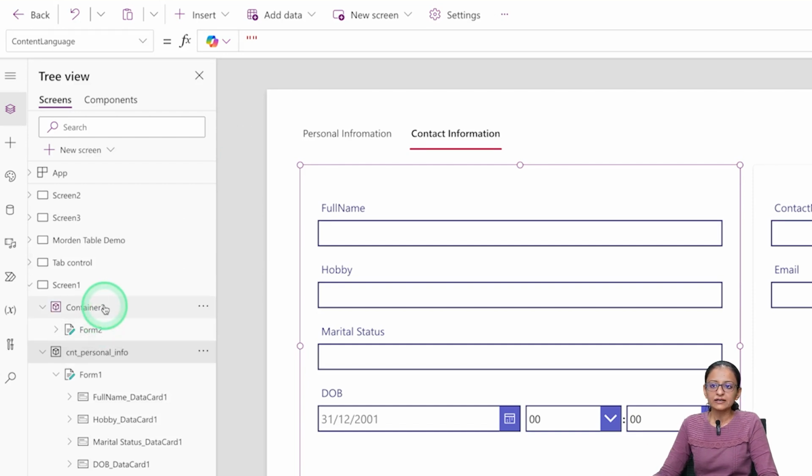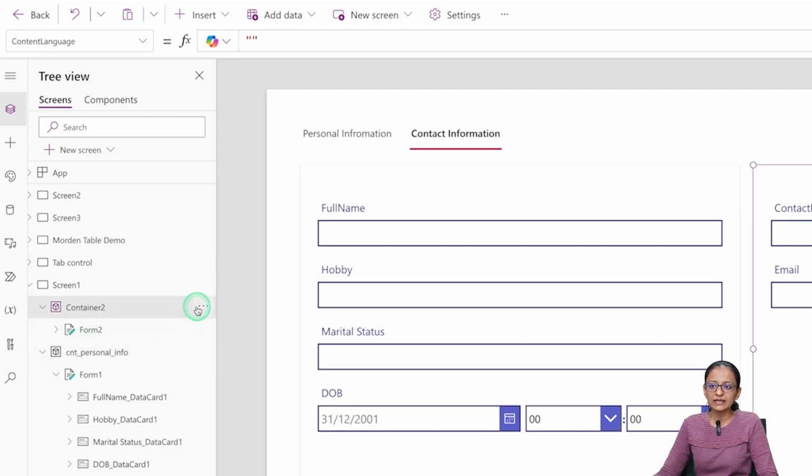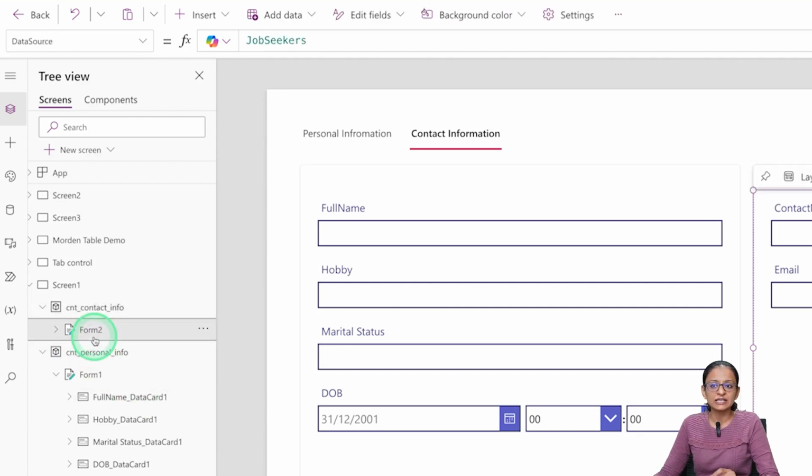Then click on the second container and just rename it with the container contact info. And same way you can change the name of the form. So inside the contact info container, change the name of a form to FRM contact info,